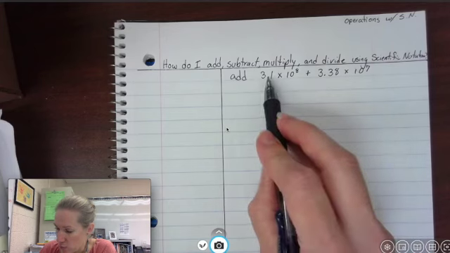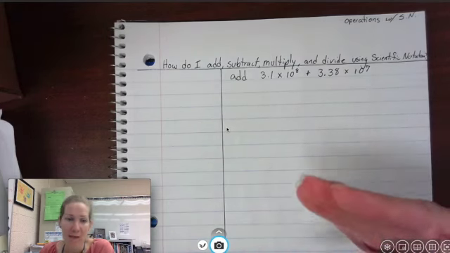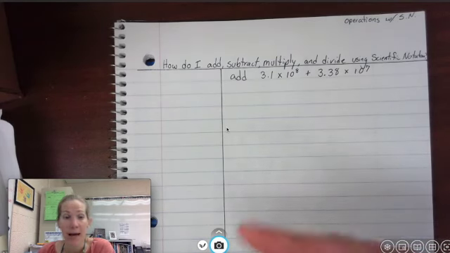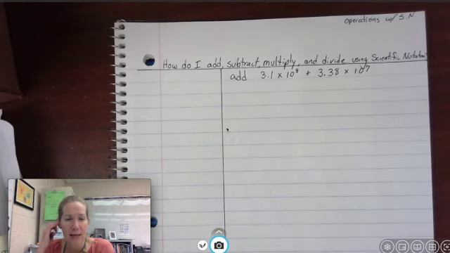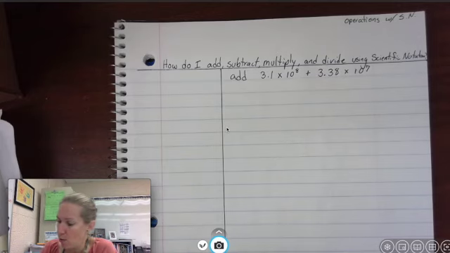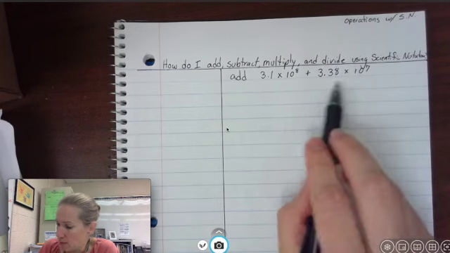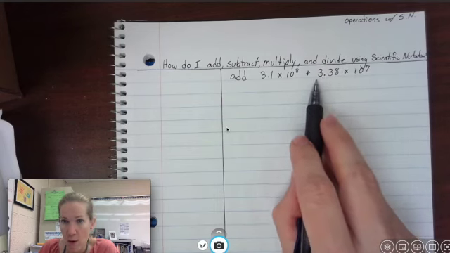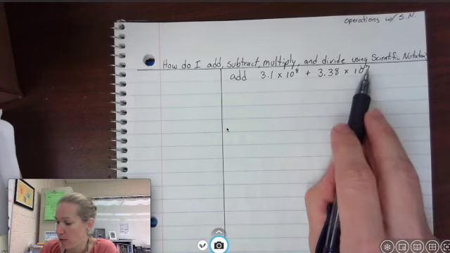Go ahead and move this 8 spaces over, move this 7 spaces over, and then add the two numbers together and then revert it back to scientific notation. And that is 100% okay. However, a lot of times that is a longer way to do things. So my suggestion would be to take this number and simply move this decimal over one more place. Technically, you're taking it out of scientific notation, but that'll give you